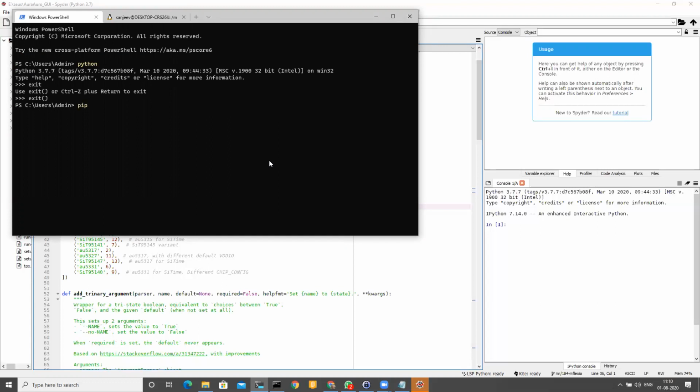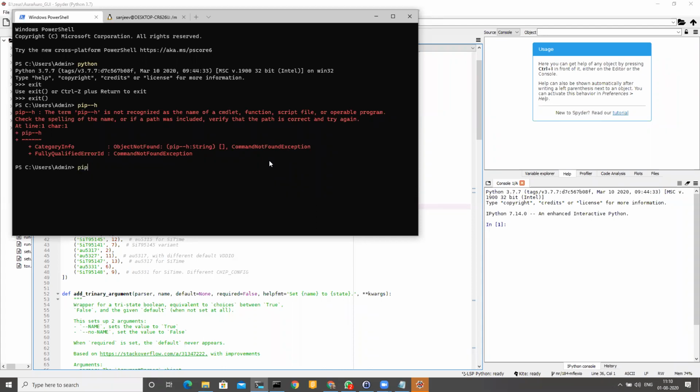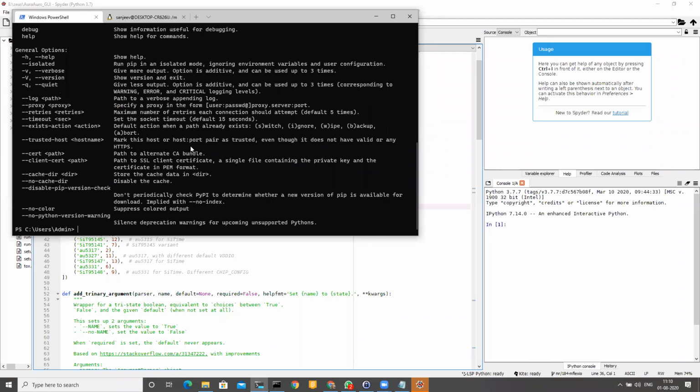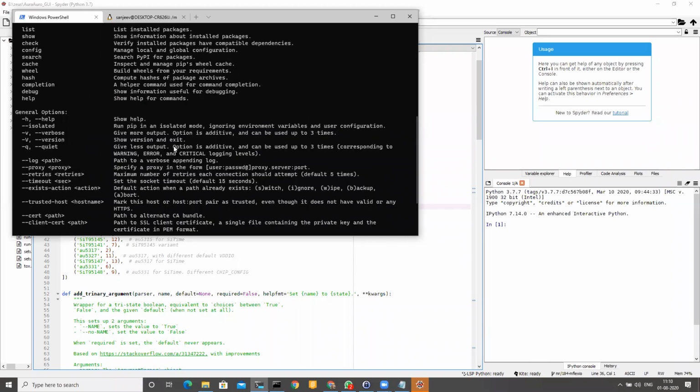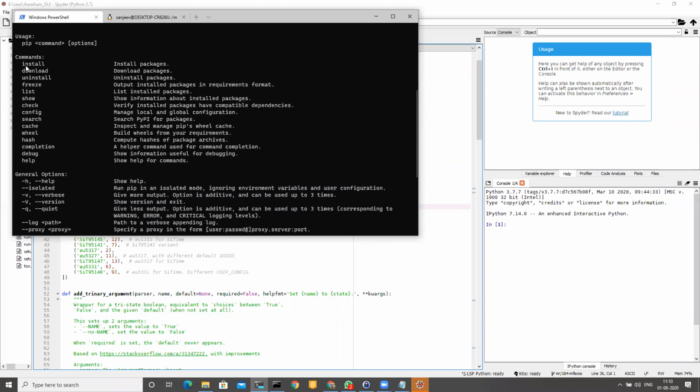It comes along with Python by default. If I do something like that, see what all you can do. It's giving you the help, the things you can do. You can install packages, which is what we did. Let's say you wanted a newer package and for some reason you weren't able to upgrade it, then you can uninstall the package. You can also download, search, all kinds of things if you are looking for the right kind of package. So that's the functionality of pip.